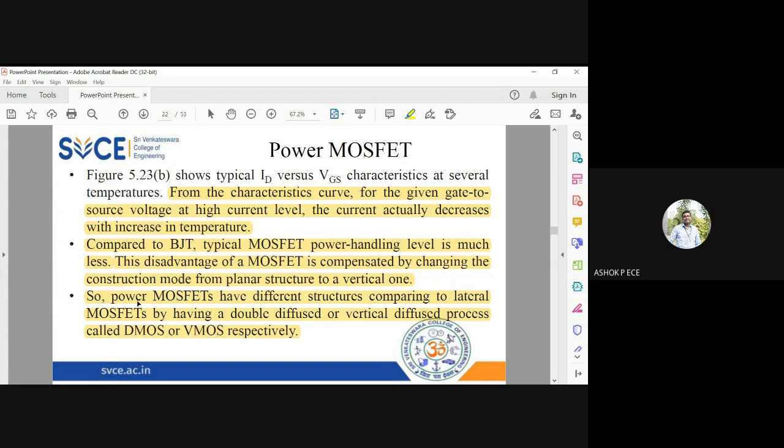DMOS. So when the conventional fabrication process changed for power MOSFET, we have two prominently used processes called double diffused MOSFET, which is called DMOS, and vertically diffused MOSFET, which is called VMOS. So these two types of power MOSFETs, VMOS and DMOS, are very popular, and they get the name because of the fabrication